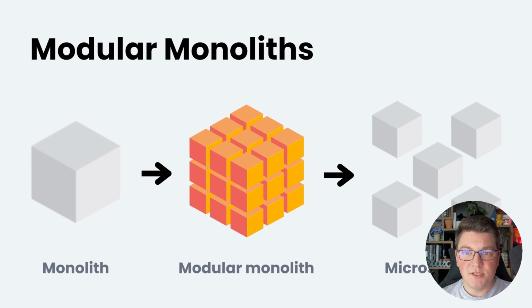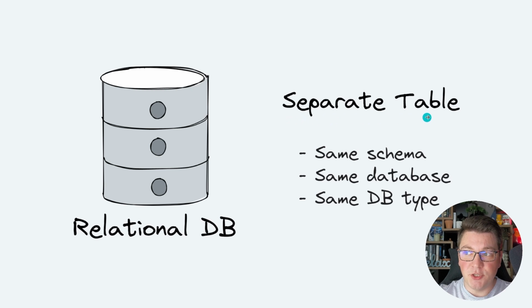Here's a visual representation of a modular monolith architecture, and each of these building blocks represents a specific module inside of the modular monolith. What we want to achieve is data isolation between these modules, and I'm first going to explain what options we have on the table. The first level of data isolation inside of a modular monolith is having no isolation. All of your data sits inside of the same database. Everything is inside one schema, inside of the same database, using the same database type, in this example, a relational